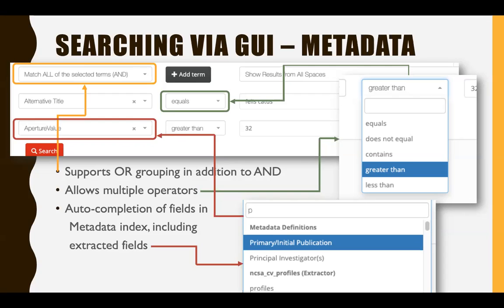So it ends up being a very powerful feature because you can actually restrict only the resources that have this specific piece of metadata from the specific type of extractor or user, and then find things within that that are further filtered by the values that you provide. So it ends up being a very powerful search capability, and we're trying to find the right balance right now